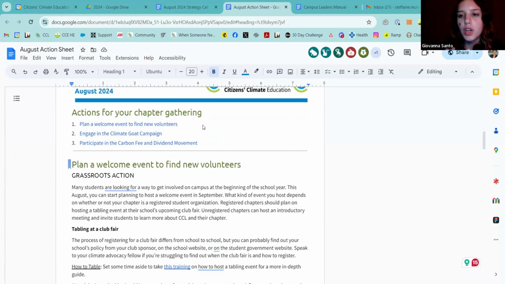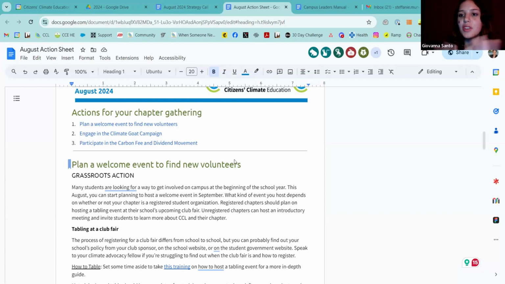So this is more streamlined to just talk about the most important actions you can take. And it also gives space for campus leaders to do their own thing, because campus leaders engage in advocacy in a ton of different ways. You guys are awesome. So that's why we have less actions, so you can get some inspiration, but also have room to do your own thing.